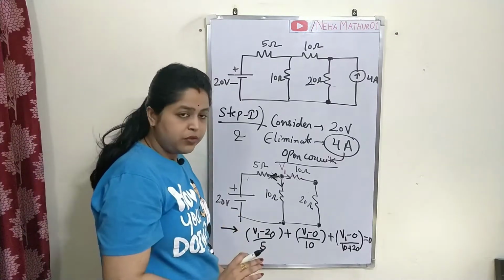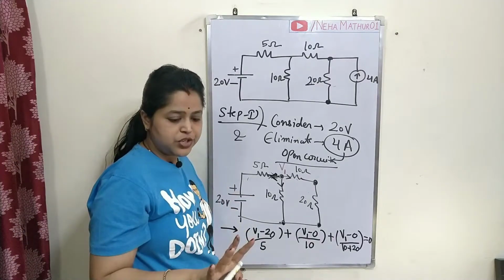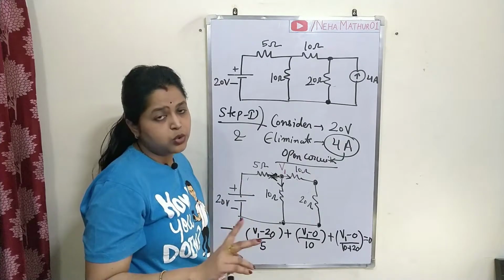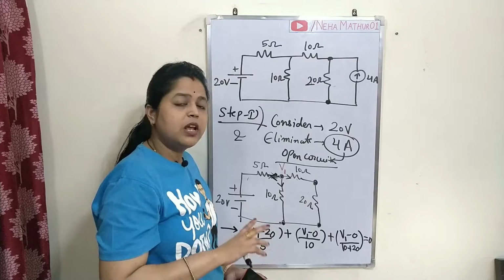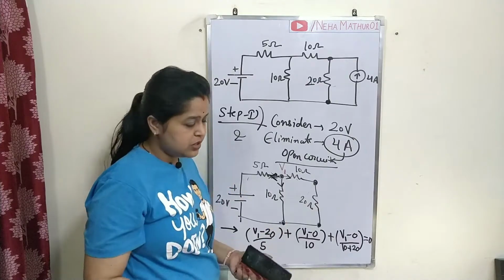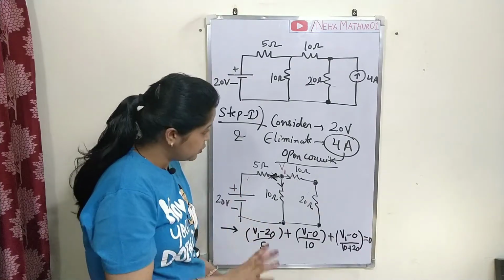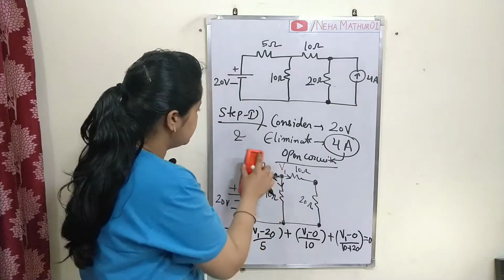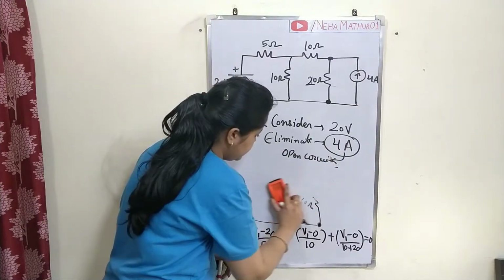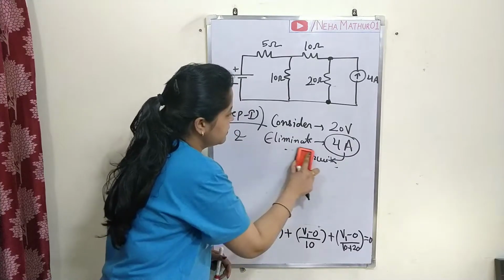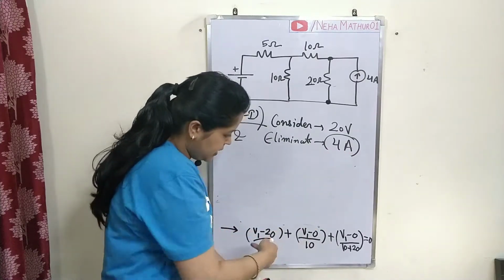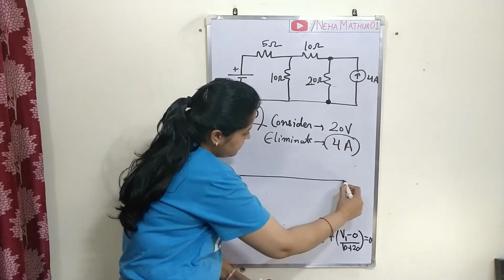So now you will have a single nodal equation. Here you have only one node, so you will have only one equation. Now the variable is V1, and you will have to calculate the value of V1 just by applying normal mathematical rules. So I am just erasing the circuit because I will have to calculate the value of V1. So see, I can take 30 as an LCM.